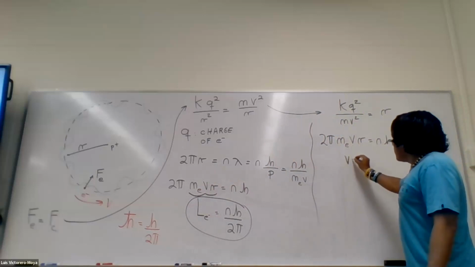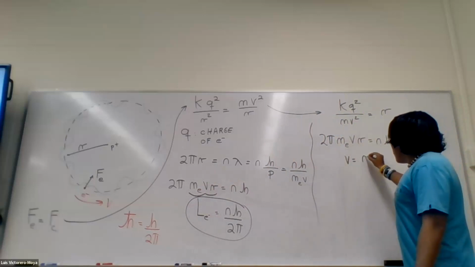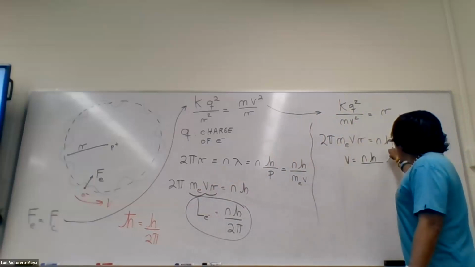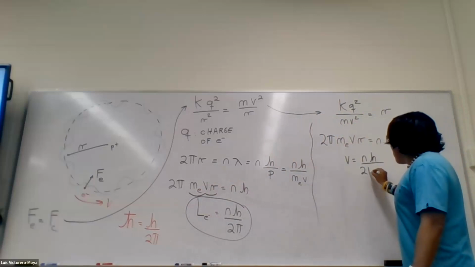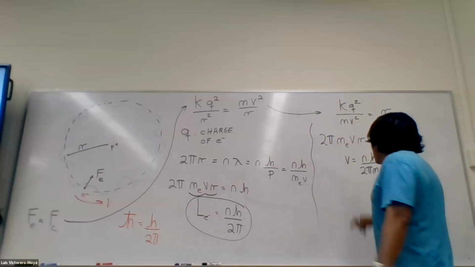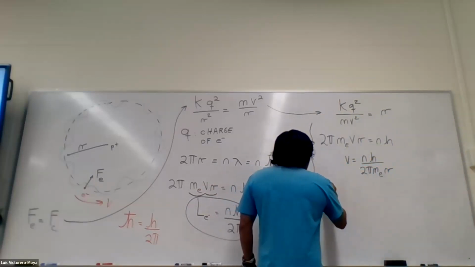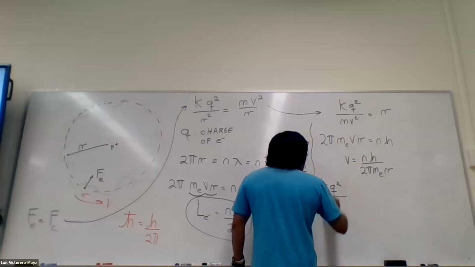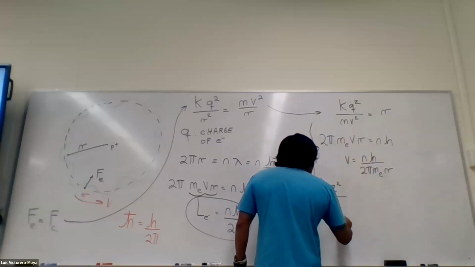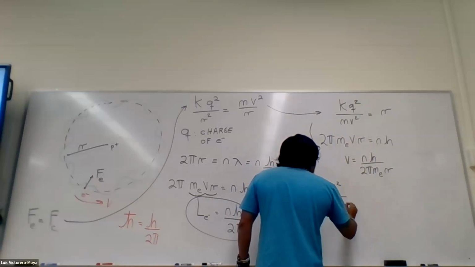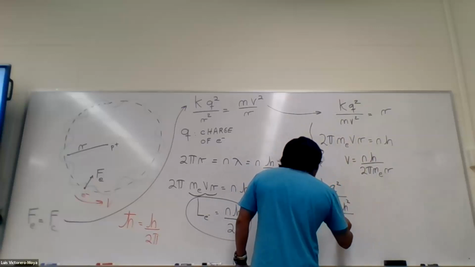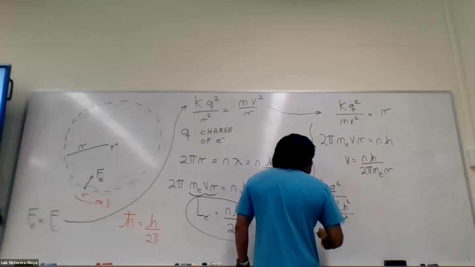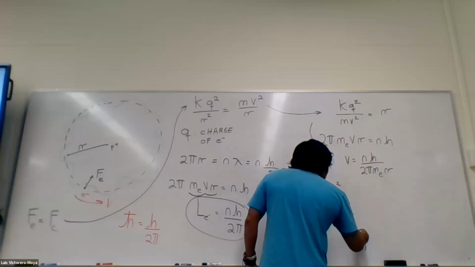I don't need the velocity, so V is nh over 2 pi mr. That I put in there, and we have kq squared over m. V squared is all this squared: n squared, h squared, 4 pi squared, m of electron squared, radius squared,